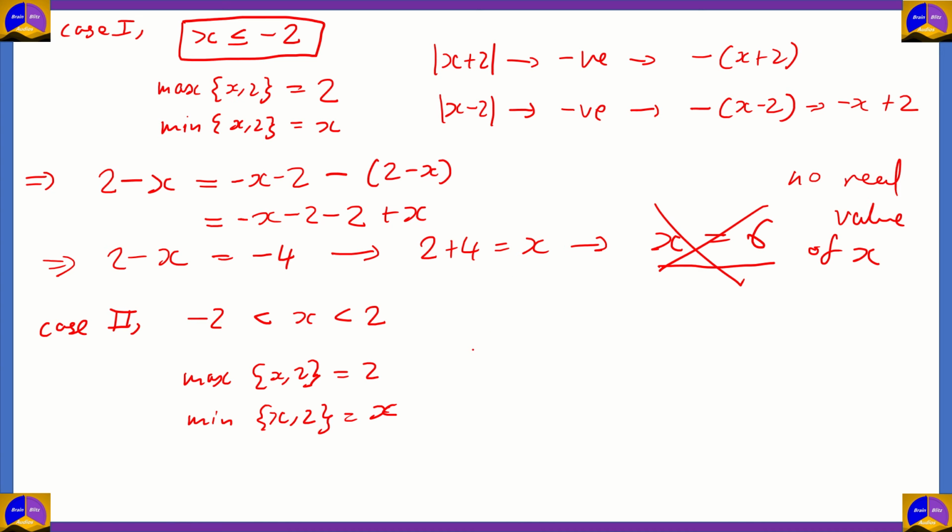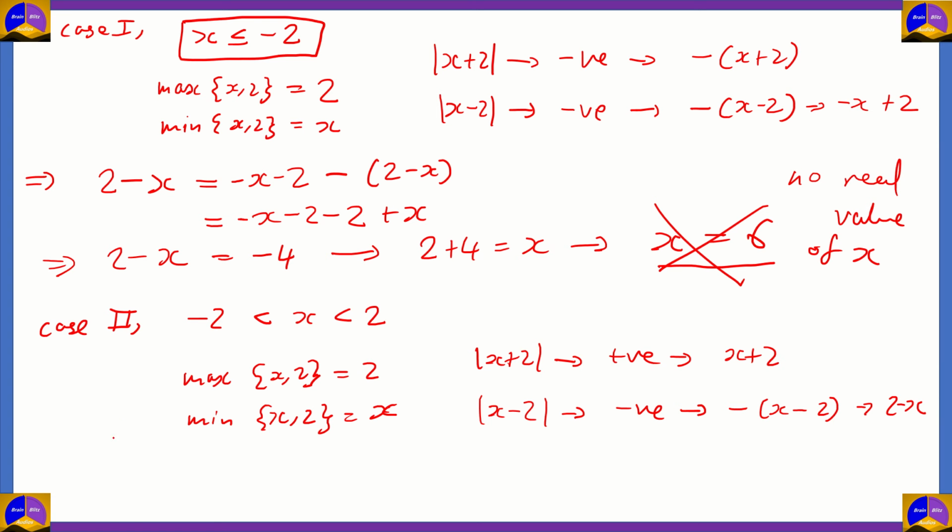Now if we look at the modulus functions, for mod x plus 2, the expression is now positive, so the value is x plus 2 without a minus sign. However, mod of x minus 2 still remains negative because its inflection point is plus 2. So therefore, it still becomes minus of x minus 2, which is 2 minus x. So let's rewrite the equation here. The maximum function is 2. The minimum function is x, so it's minus of x. On the right-hand side, mod of x plus 2 is positive, so that's x plus 2. Mod of x minus 2 is negative, so minus of 2 minus x,